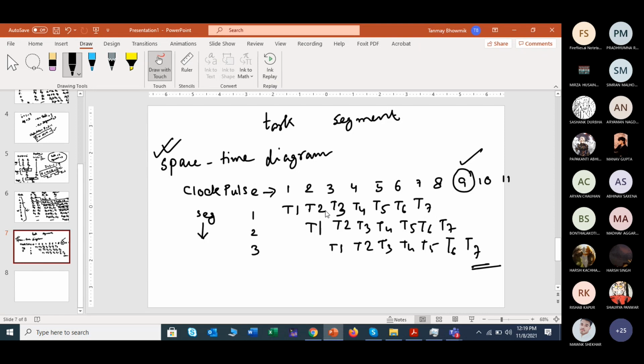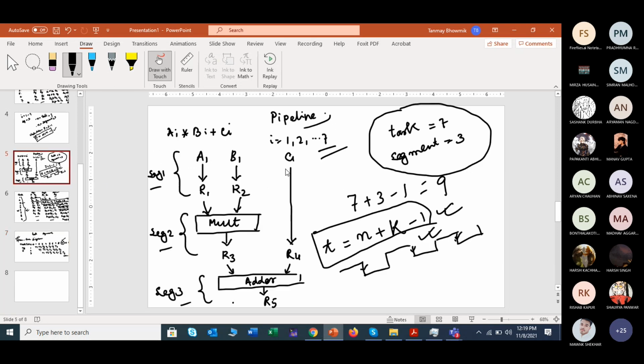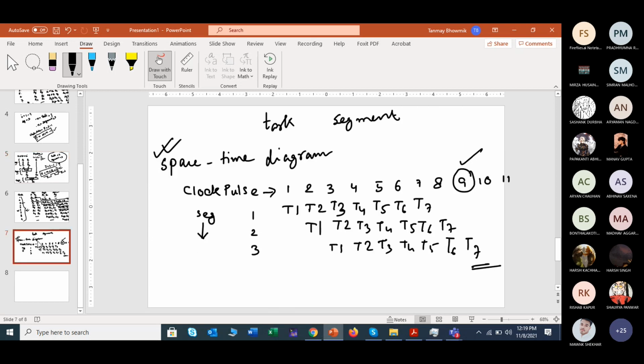Okay, so I will put this calculation for next day. That means next day we will show how you can calculate this particular formula. What I have written here is t equals k plus n minus 1. So today again you can take your time to understand this completely, crystal clear, because if a little bit of confusion is there, then it may create problems. Next week we will take the next Viva, and in that Viva there will be lots of questions from pipeline also.